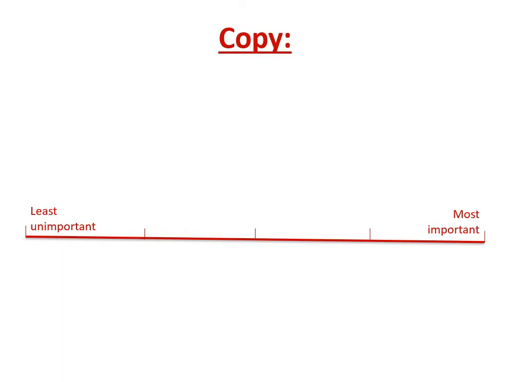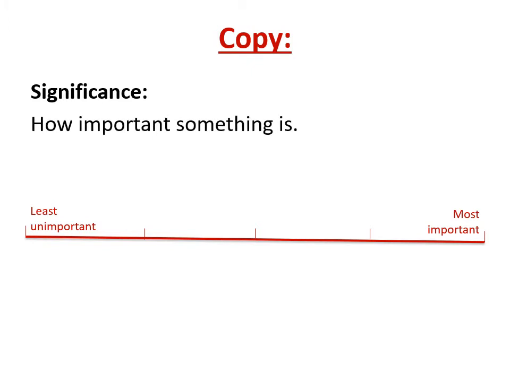Next one. Significance, another word in the title. This is how important something is. So we're looking at how important those resources are. And that might seem like common sense, why food and water especially are important. And yes, you're absolutely right. Of course, they're vital to survival. But we're going to go into a little bit more depth in this lesson than just that. So copy this. Significance is how important something is.